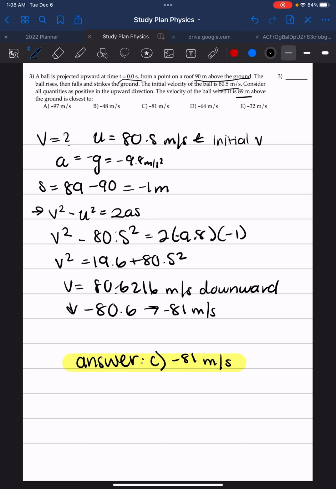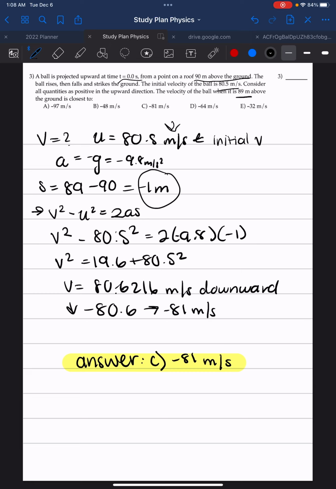So we have our initial velocity, which is 80.5 meters per second, and we're going to subtract 90 from 89 to get negative 1 meter. That is the value of the height we're looking for, and the velocity of the ball when it reaches that height. So we're gonna take the